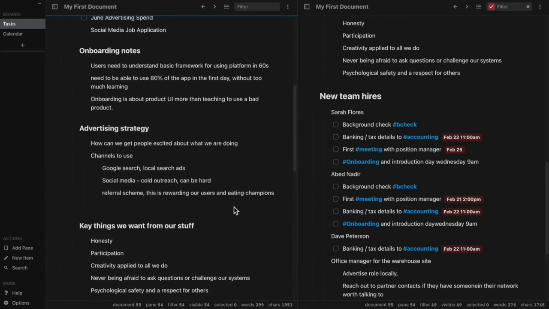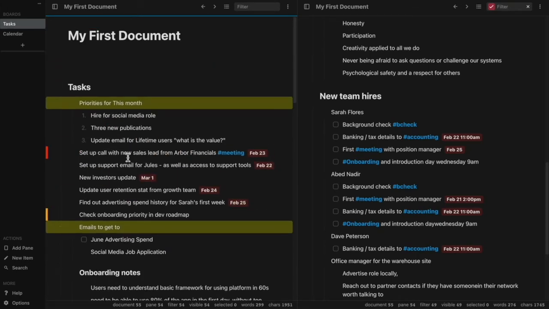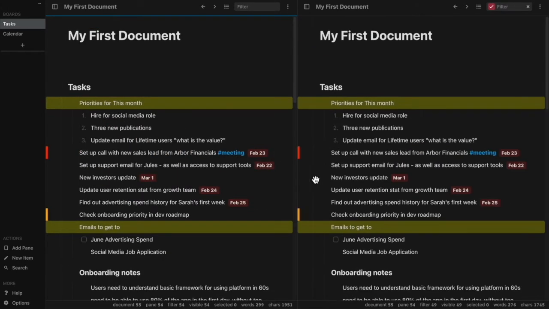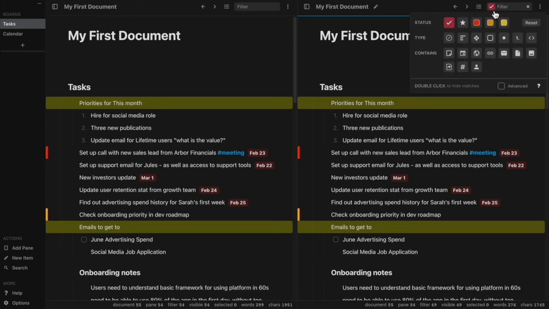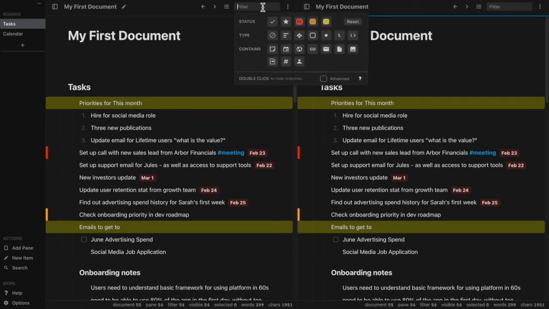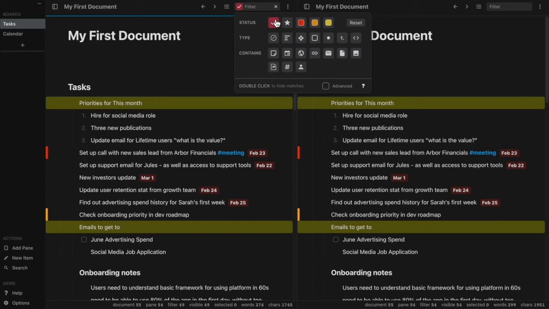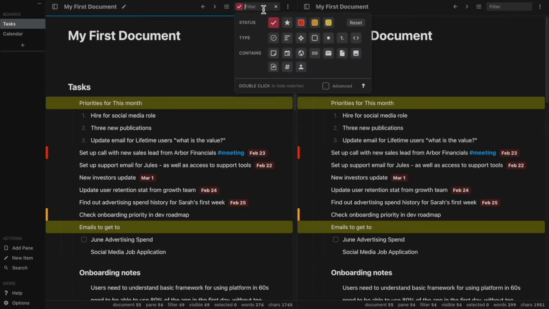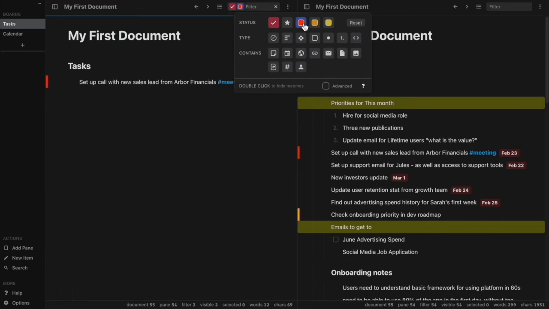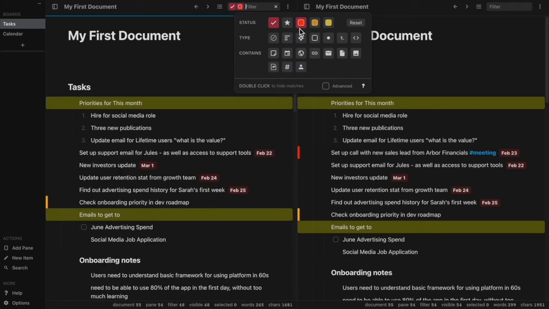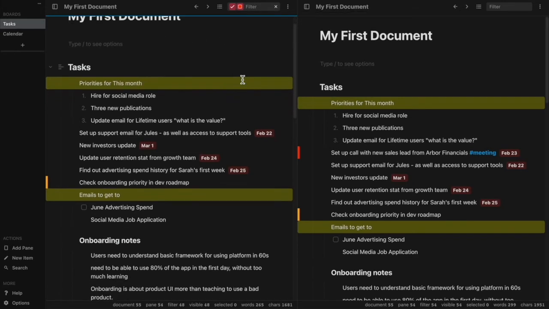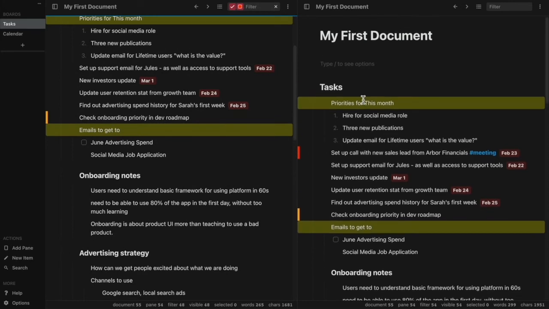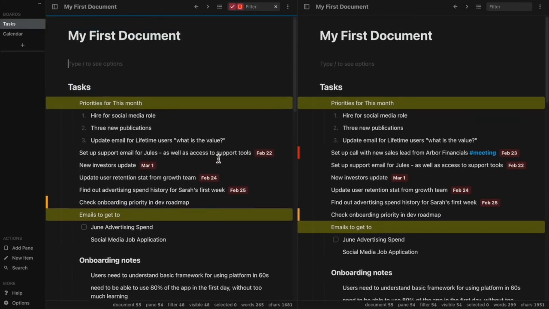An example use of this is to have a single pane for your whole document, for recording notes, tasks, and other information. And then you can set up another pane with a filter to show your incomplete items, so you can quickly see what needs your attention first. You can also use filters to sort by priority, so I can single click to show things that are high priority, or double click to show things that aren't high priority. This is especially useful if you are running a large document and you want to create a Kanban workflow or similar.